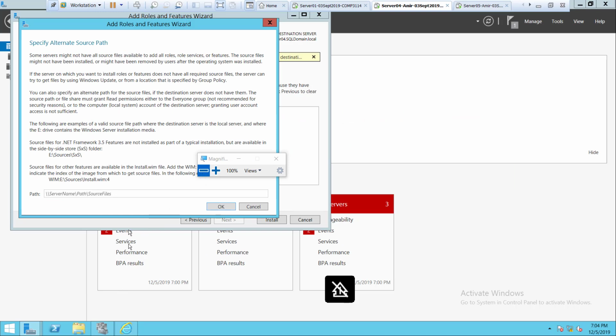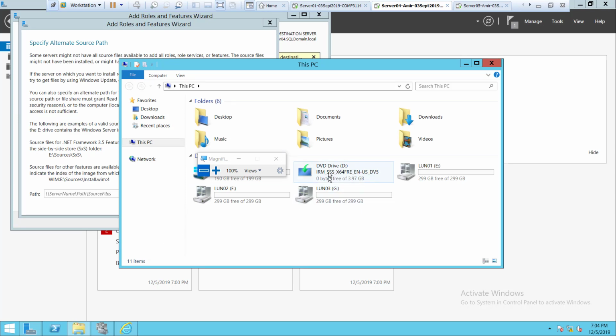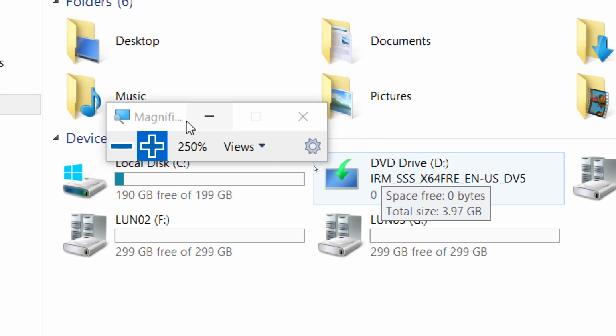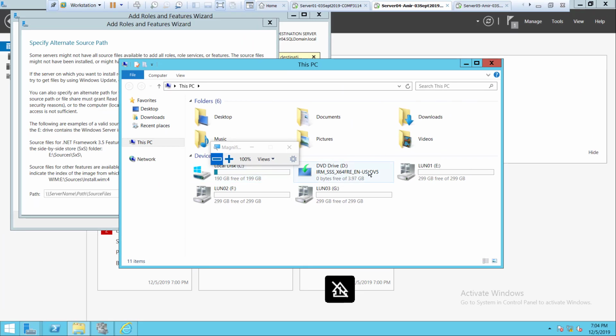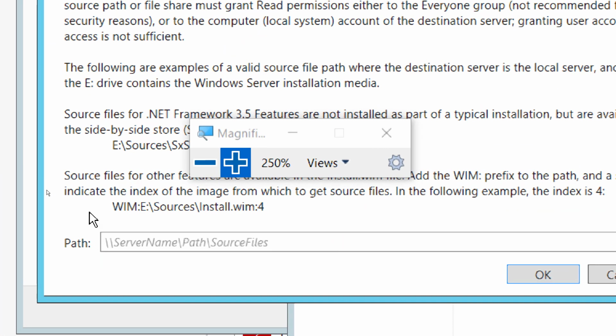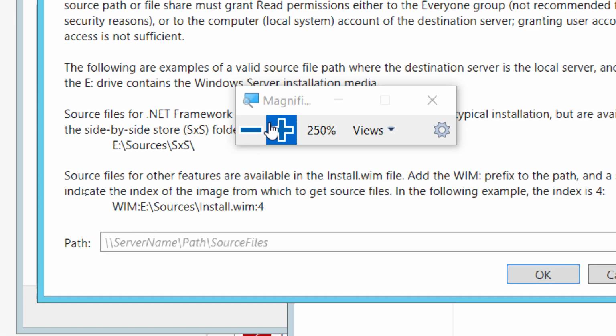I'm just gonna double check that. While the screen is there, I'm gonna go down to the yellow folder and check that DVD here. Yes, this is the Windows 2012 R2. I'm just making sure it is there, and the drive letter is D. So it should be the same for everyone. So we're just gonna type here exactly the above path, and that is